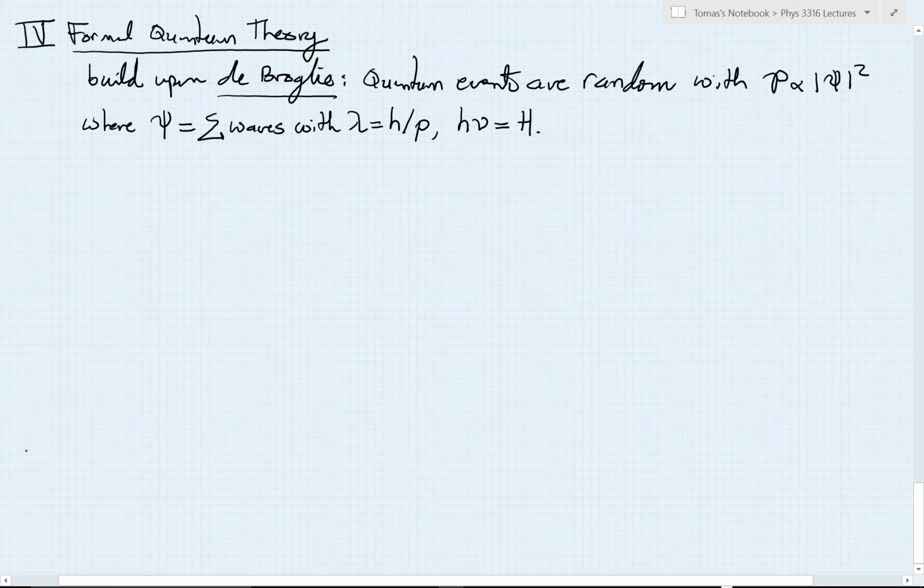So we're going to be rethinking step by step our classical mechanics in light of all of this new information coming from de Broglie. In particular, what that means is we're going to start just like you did in classical mechanics. You may recall, it's been a while, but in your very first physics course, the first piece that you talked about is something called kinematics. And you will recall